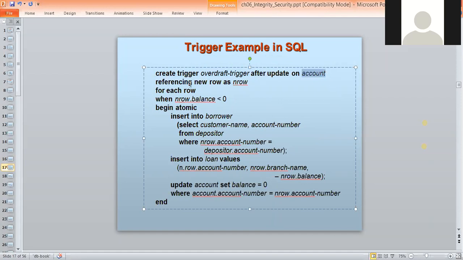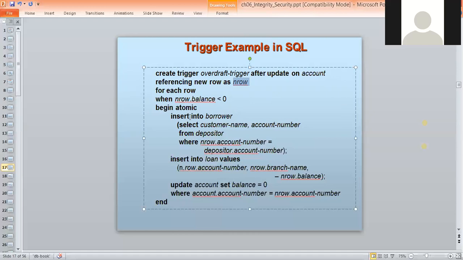Referencing new row as n row. These are the actions to be taken. For each row, when new row dot balance is less than 0, that is, if it is going to be a negative balance, then you set it to 0.